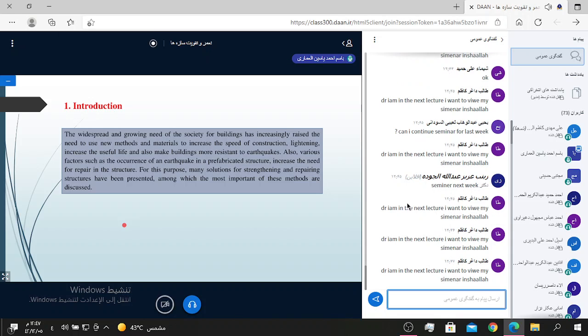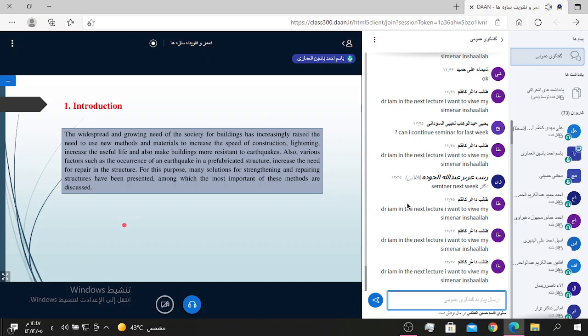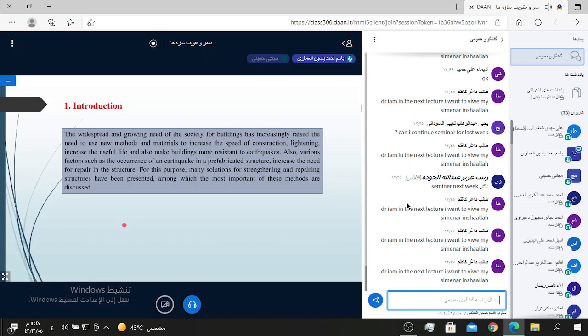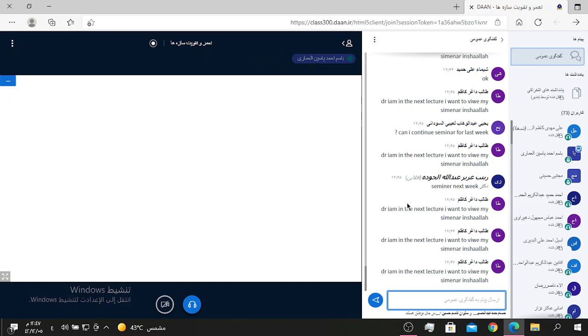For this, many solutions for strengthening and repairing structures have been presented, among which the most important methods are the six. Sorry, Doctor, the network. Okay, no problem. Reinforcement